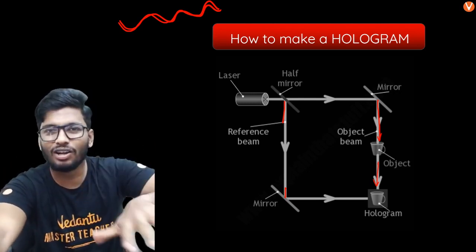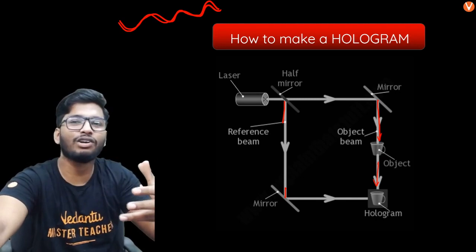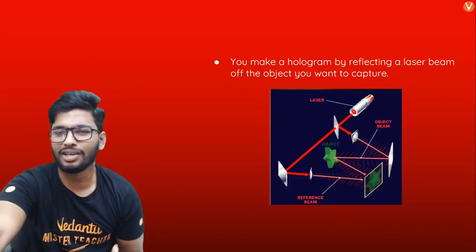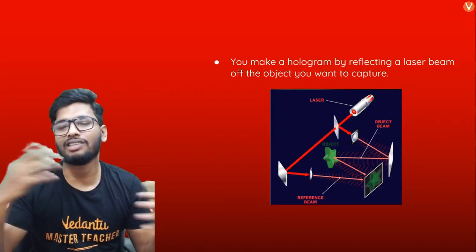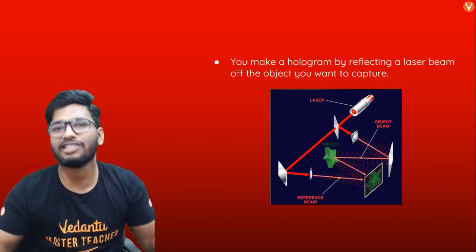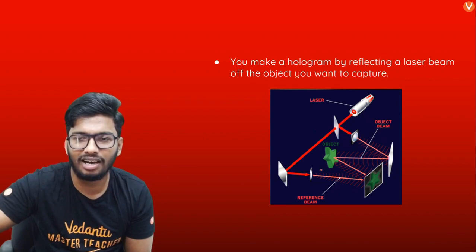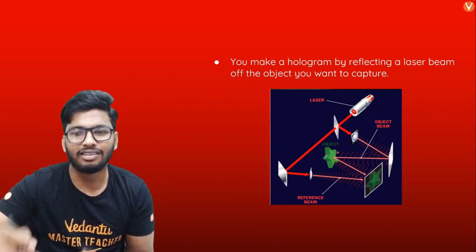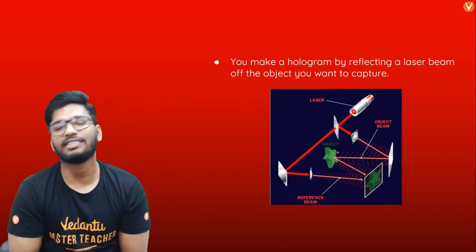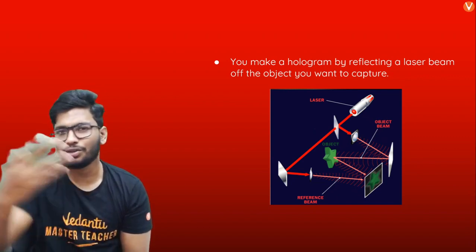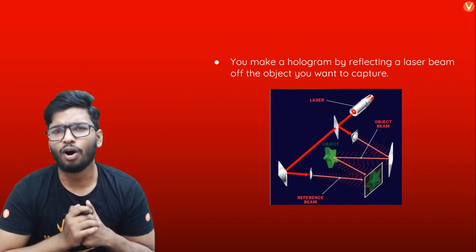In a hologram, sometimes you see that some places become way too bright and others might be a little dull, whereas sometimes they cancel each other out. So there's a lot of patterns happening, and you see this. These are the object beams, and this is the reference beam, which falls on the object and creates the interference pattern, which is placed on a photographic plate.